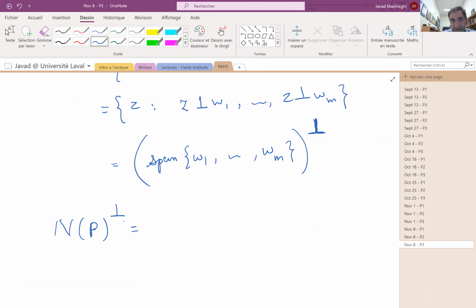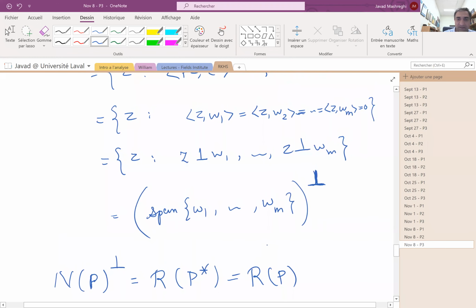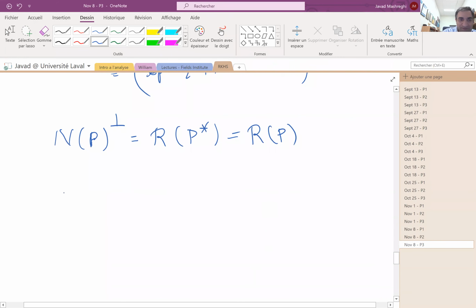In the general case it is the range of P star, but P here is self-adjoint, so it's R of P. And if we take the perp of both sides, considering the fact that in the finite dimensional case everything is closed, R of P is equal to simply a span